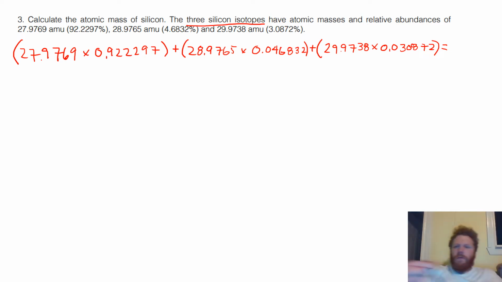Our final answer there is 28.085. And if you think about the number of significant figures, we are limited by 5 sig figs. So our answer is